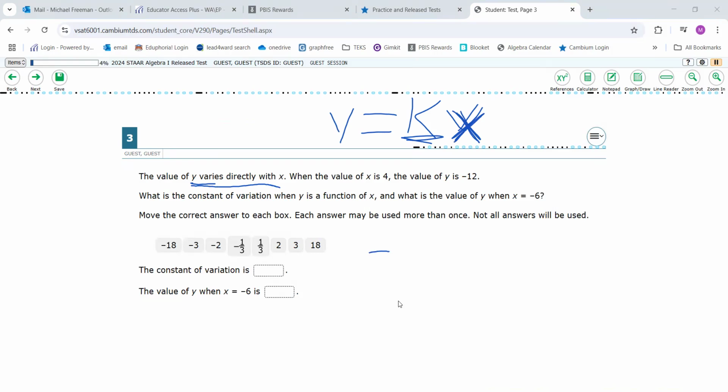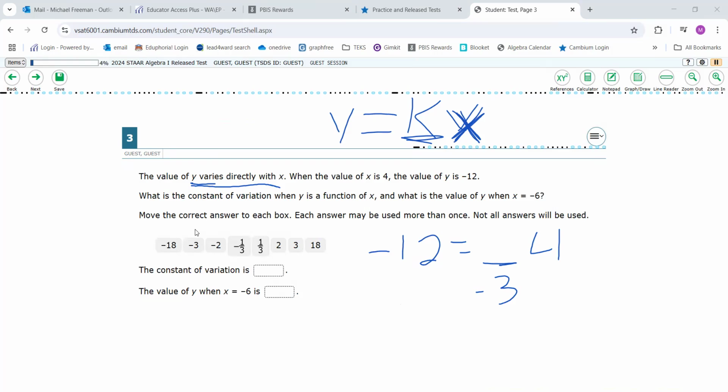Well, if y is negative 12 and x is 4, that means we multiply by negative 3 to get negative 12. So negative 3 is our constant of variation, right? Just divide: negative 12 divided by 4 is negative 3. All right, so then if x is negative 6, 4 times negative 3 is negative 12. Well, negative 6